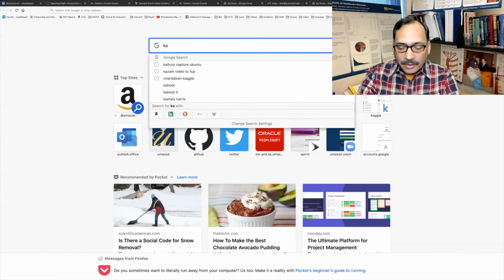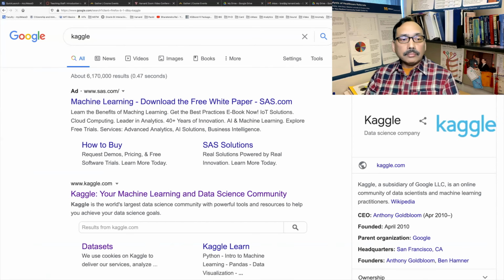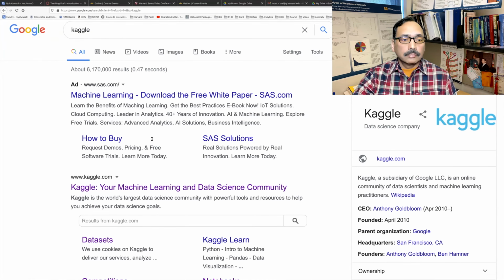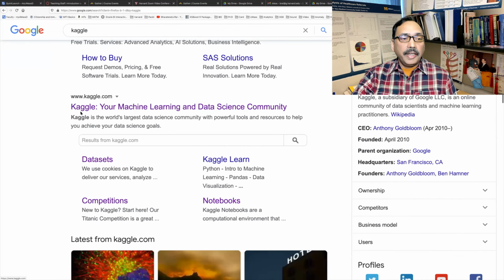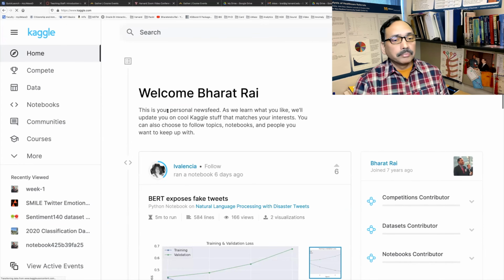Whichever browser you have, if you type Kaggle and hit enter, you'll see Kaggle, your machine learning and data science community. If you click on that, or you can directly type kaggle.com, that also will take you to this page.